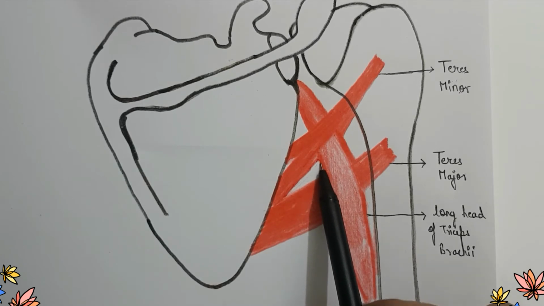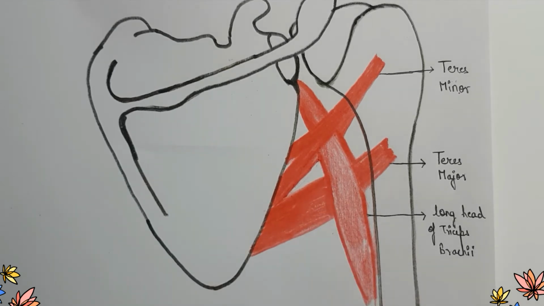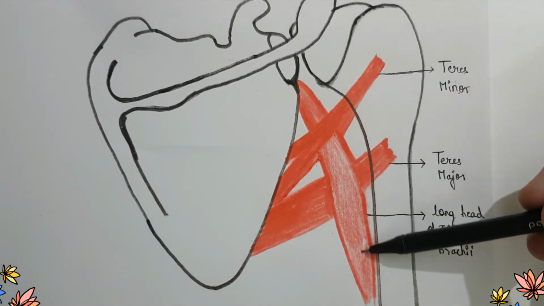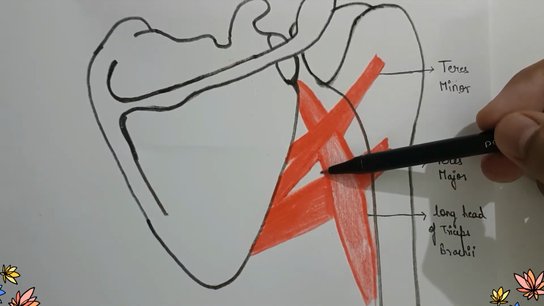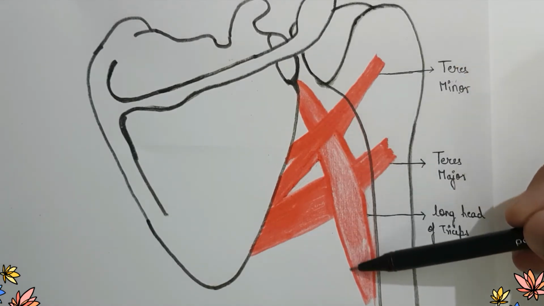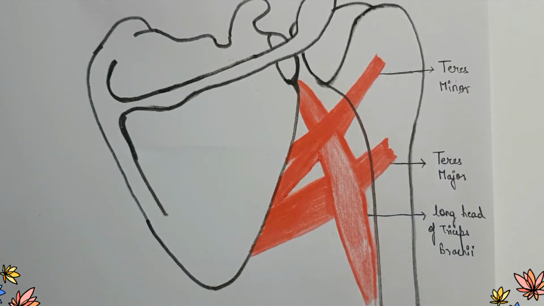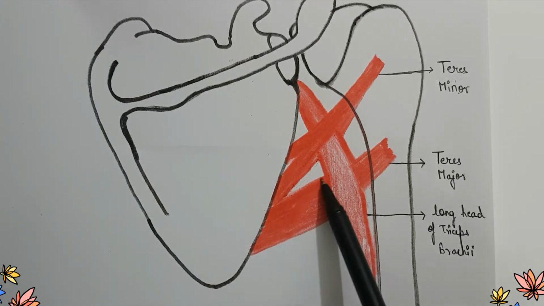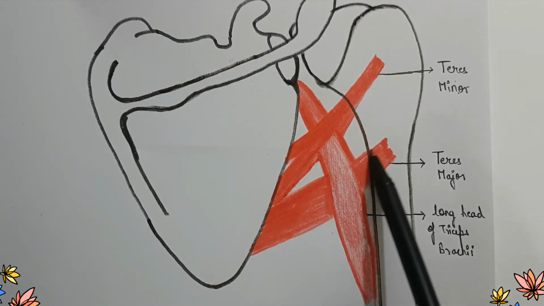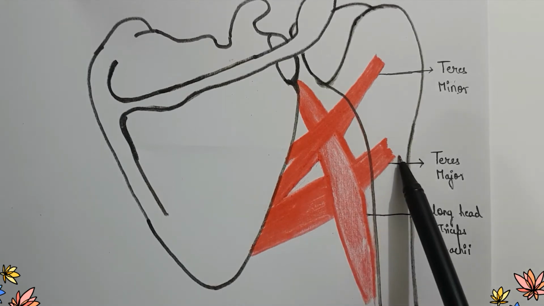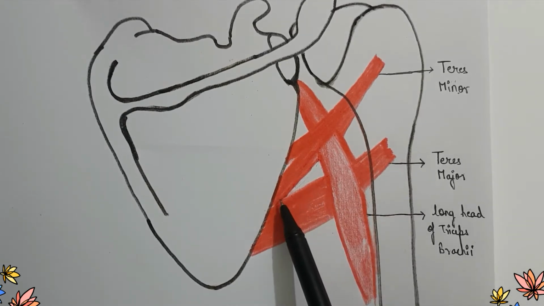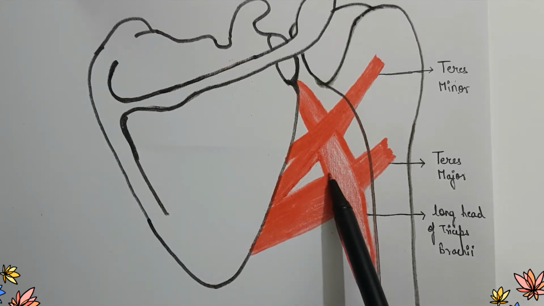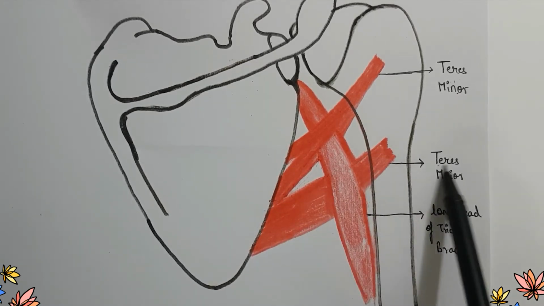This is the lateral boundary. The lateral boundary is formed by the medial border of the long head of the triceps brachii. The structure nearer to the midline of the body is referred to as medial, and away is referred to as lateral. Now it comes to the inferior boundary. This right here is the superior border, and this is the inferior border or the lower border. So the inferior boundary is formed by the superior border of the teres major muscle.